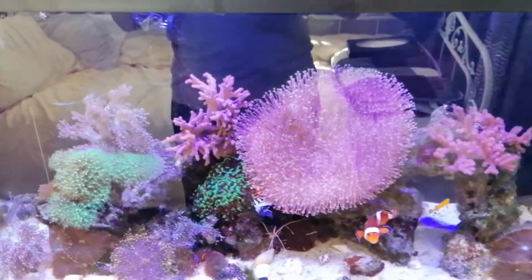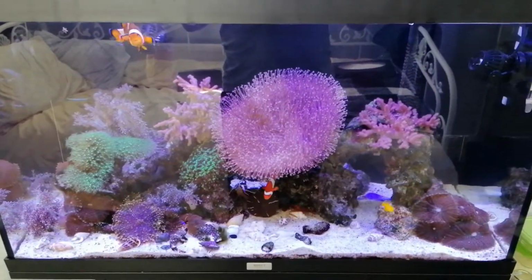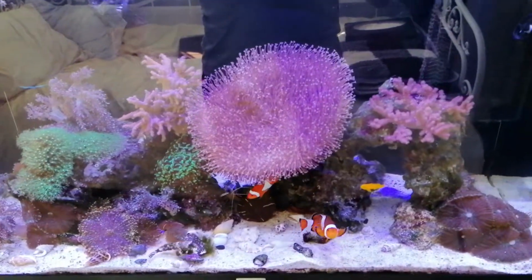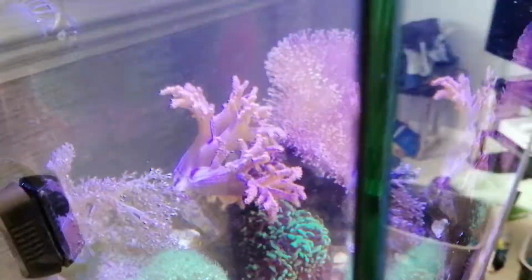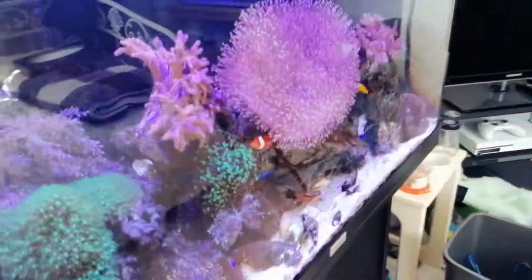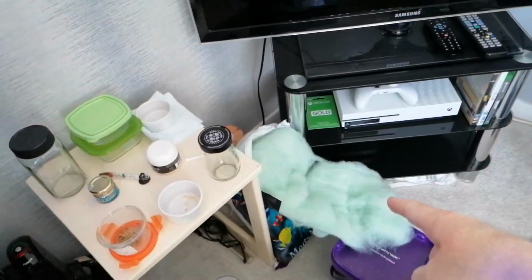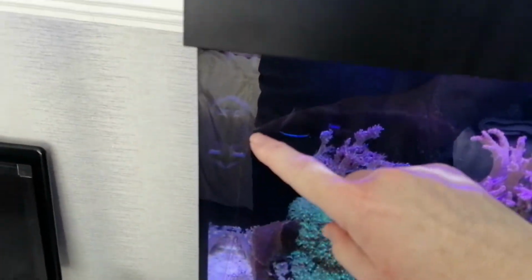Thought I'd do a little update on the tank, see how things are going. So behind, I've just fed the fish, done a bit of cleaning of the glass and that. Still getting an algae build up. I did try wiping it with a bit of floss for a change to actually pull it out rather than scraping it off with the Tunze